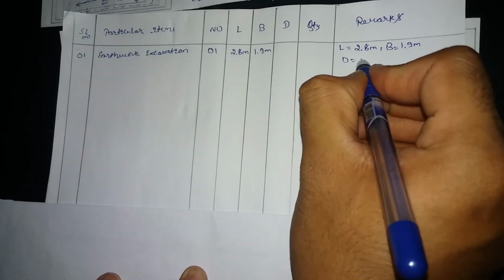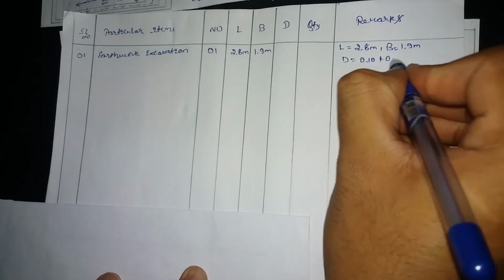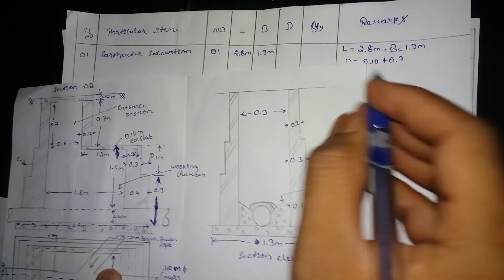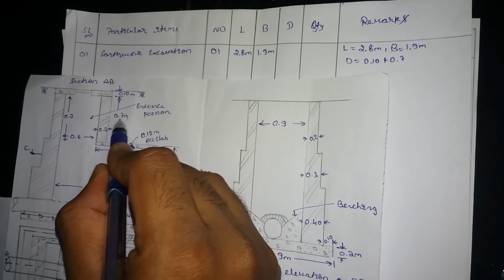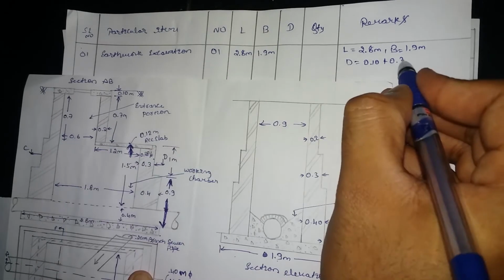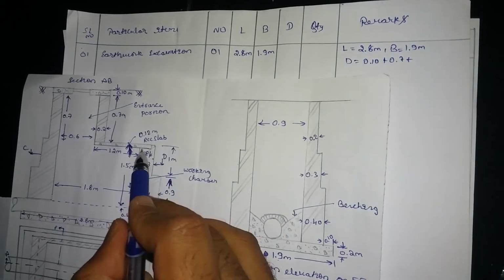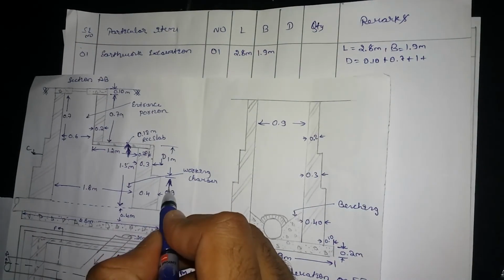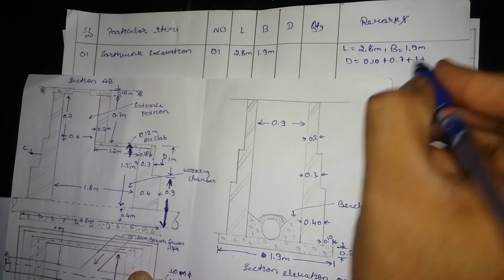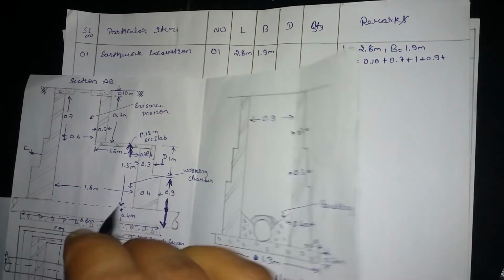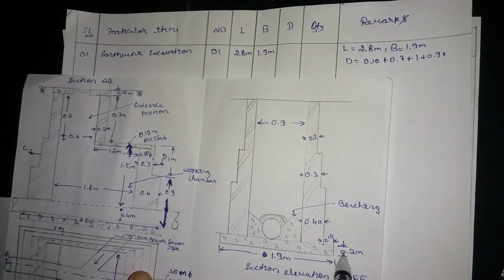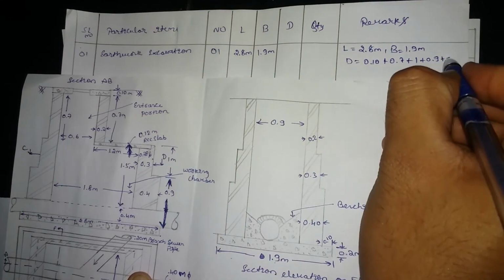Okay, now what are the things I told? That is 0.10 plus 0.7. See here, that is what is clearly mentioned, 0.10. This is the depth I have taken here, and 0.7 from here to here, that I have taken. Then from this side here to here it is 1 meter, that I have taken. Then now I'm going to take 0.9, from here to here it is 0.9. At the last we need to know what is the thickness of the concrete bed. In this section, this diagram clearly shows that it is 0.2. Now I'm going to add this 0.2.